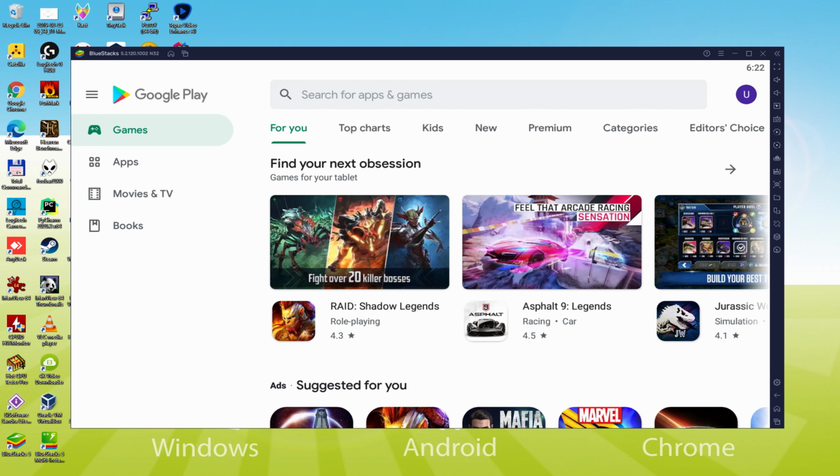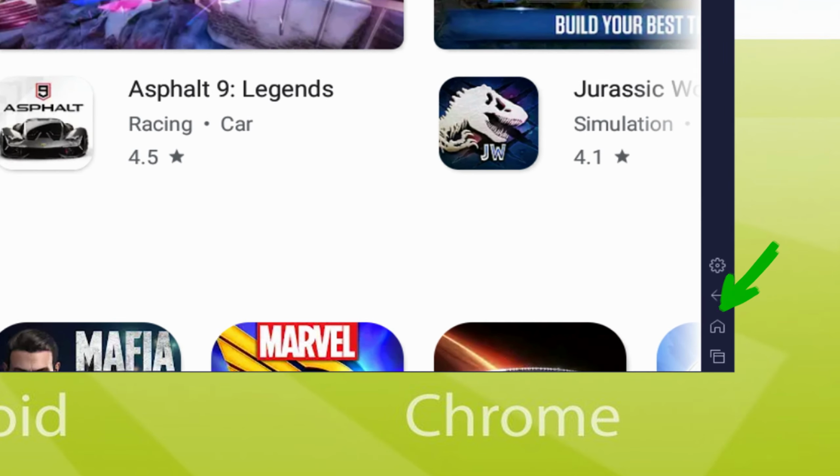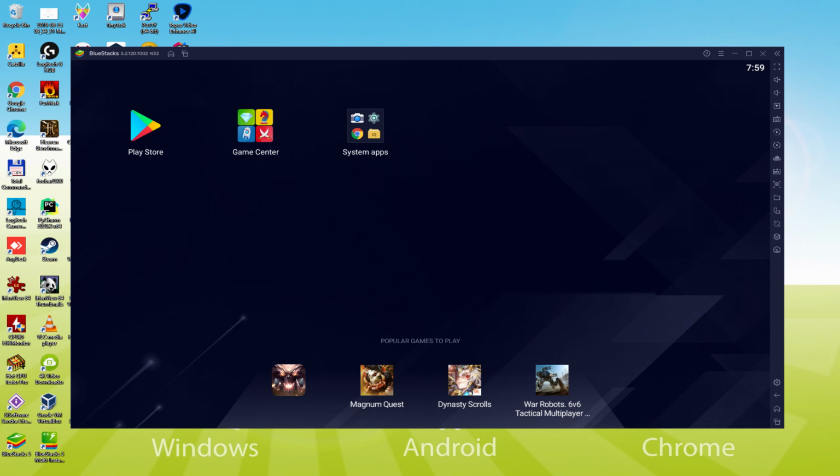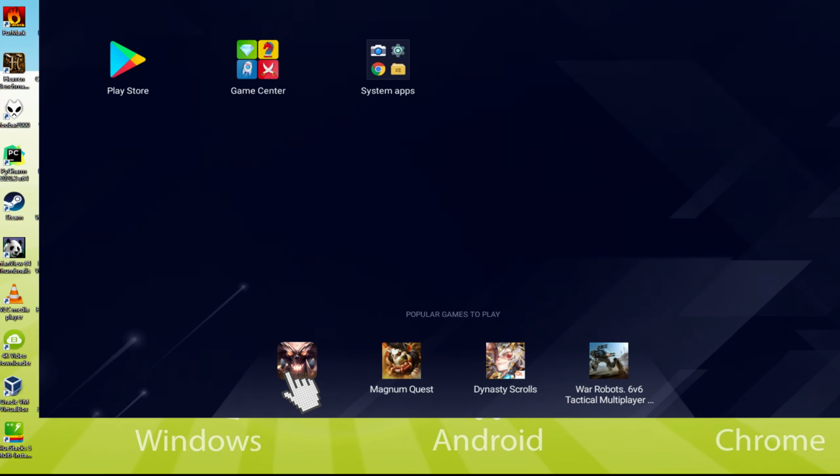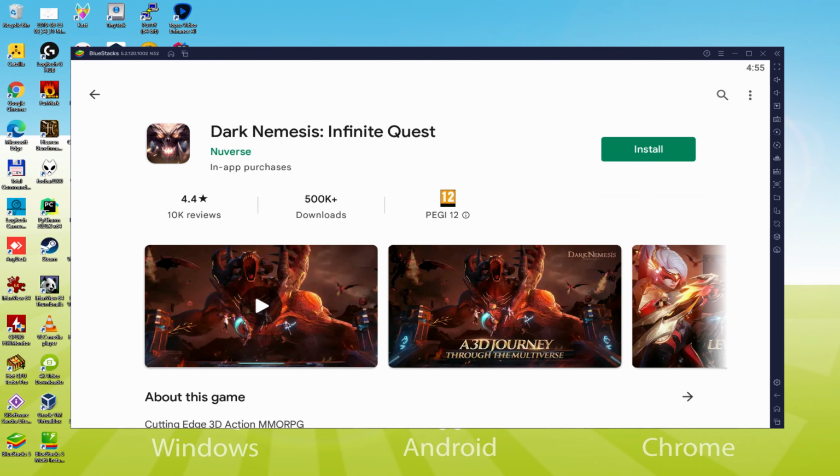To set up the application, we are required to go to the emulator desktop by double-clicking on that icon designated in green. Now that we are on the desktop of that Android emulator, we can see the Install Game button. We click or double-click on that button. Listed here we have the Android game. Why don't we then click now on the Install link that I'm highlighting in green color.